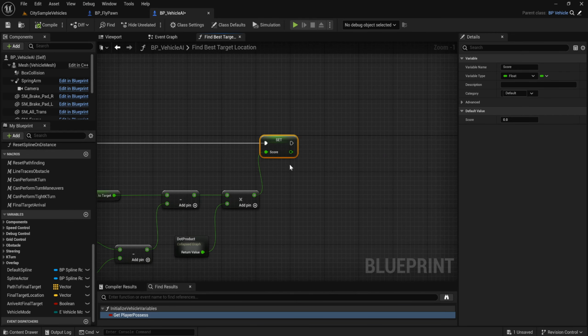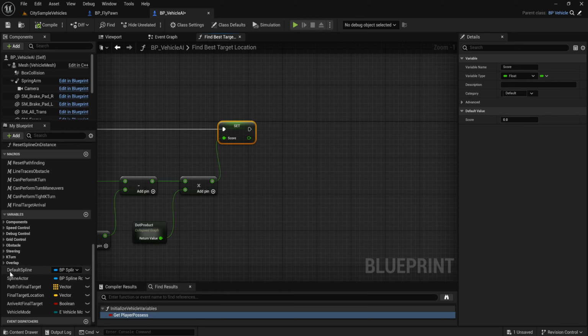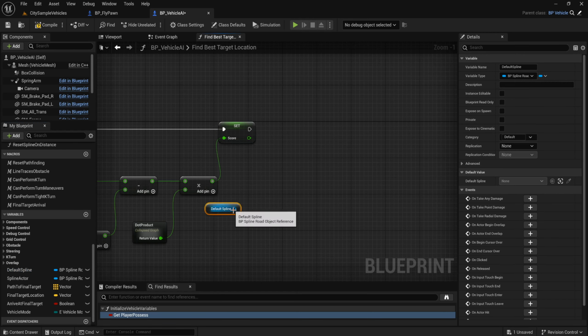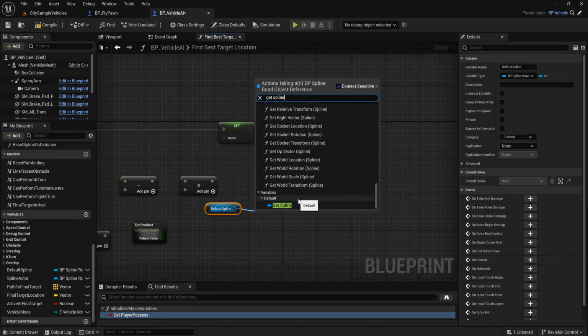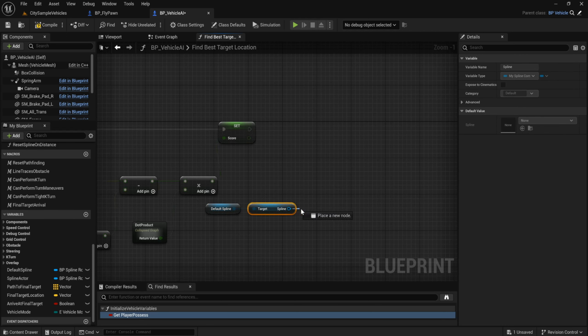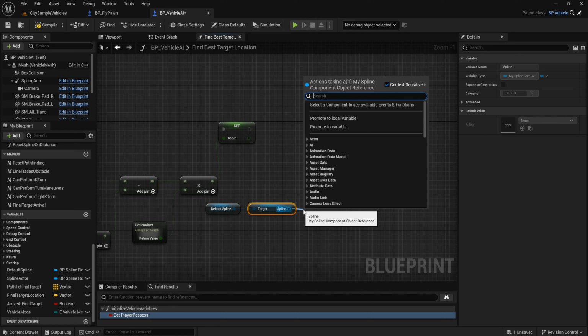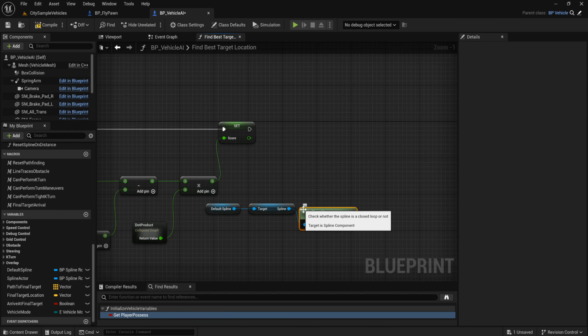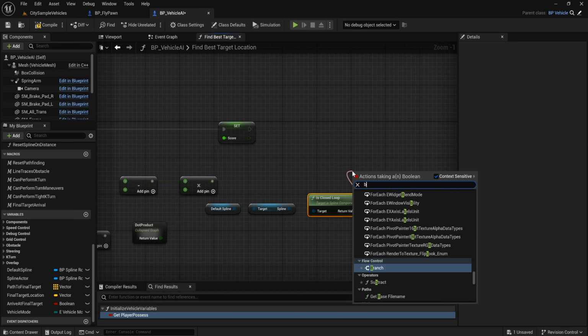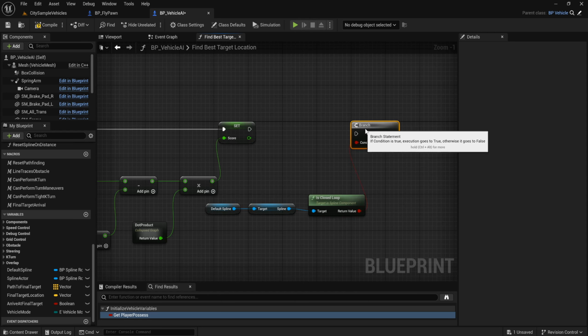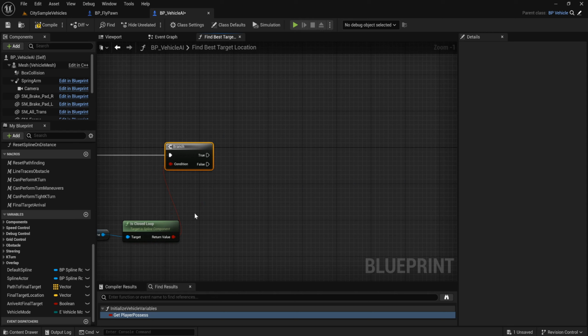This score, get default spline, get spline, is closed loop, create a branch, if this false we set score,